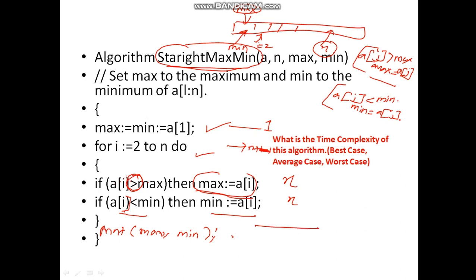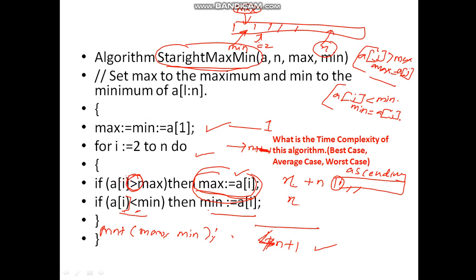So if we see this one, it comes to be n plus n is 2n plus n, 3n plus 1. 3n plus 1 is the time complexity without considering these assignments. So if I assume that the given elements are sorted in ascending order, at that time the first element will be considered as max and it will be compared with every other element, and then this assignment is going to happen for n times. Whereas here, for ascending order, this comparison will always fail, because the smallest element will be at the first position only, and this will remain n. So the total number of instructions that execute over here is 4n plus 1.